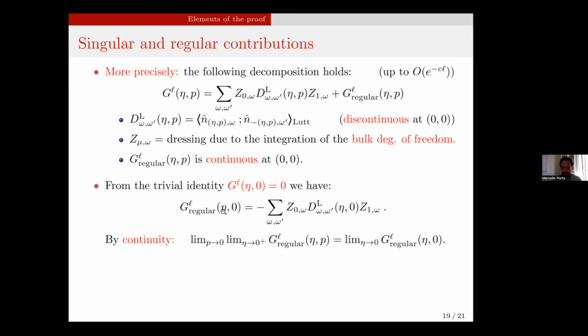However, unfortunately, that's not the order of limits we want to consider because we're taking p to 0 before eta. But then what you use here is that this guy is continuous in eta and p. So the limit as eta goes to 0 of this guy is in fact equal to the limit as eta goes to 0 and then p equal to 0. You can interchange the two limits for this regular part because you know that it's more regular than the first one. Okay? So this is the observation that allows you to determine this highly non-explicit term starting from something much more explicit, starting from a conservation law.